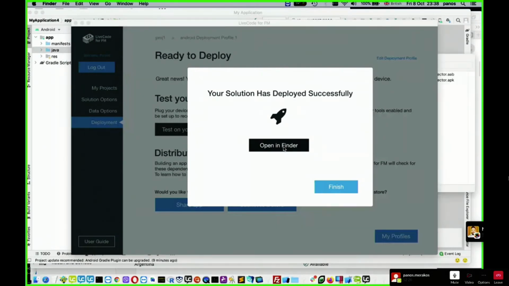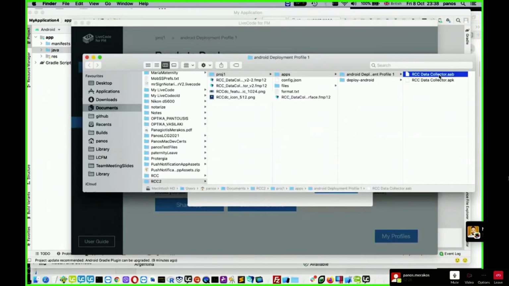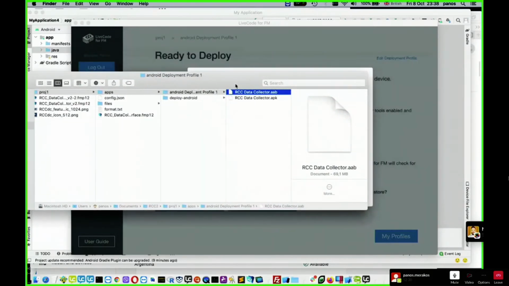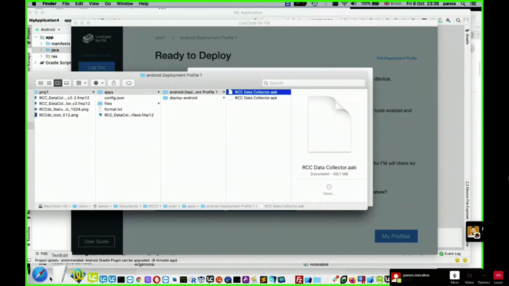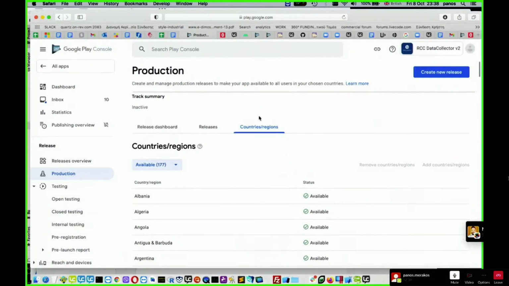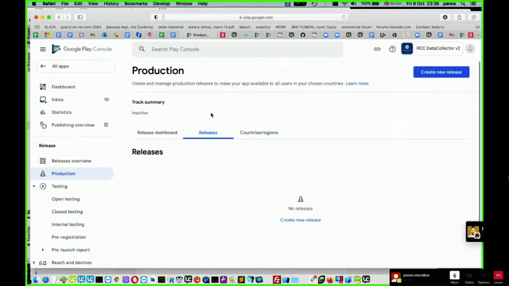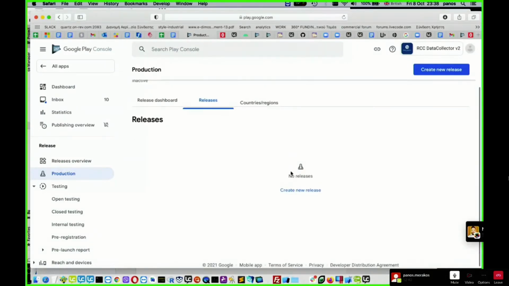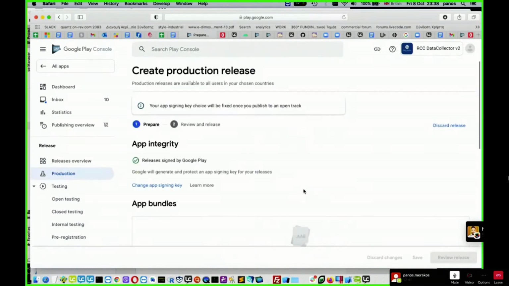So let's go to Finder. Here it is. So we are going to submit this. So let's go back to the Play Store and go to the releases section. There are no releases so far, so click here to create a new release.